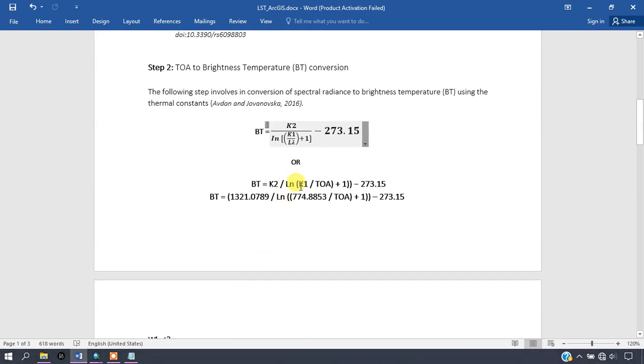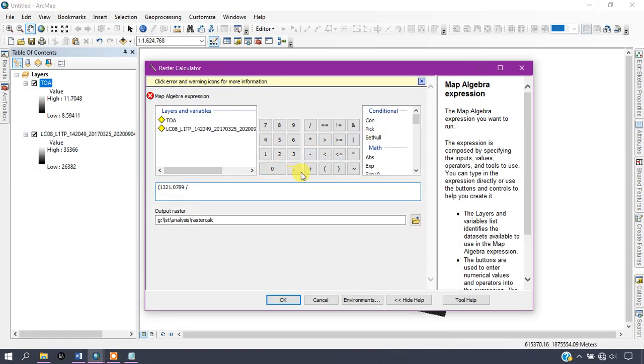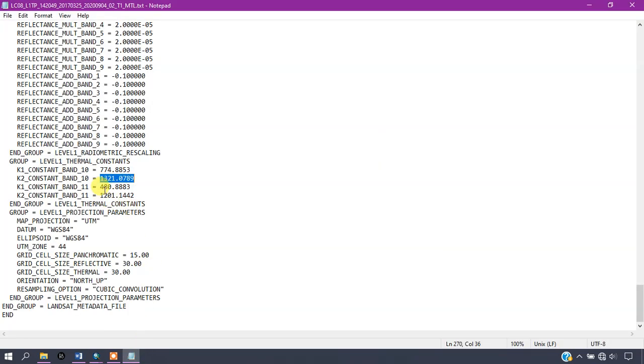You can see here, now we have to use the log function, and we have to use K1 and divide it by TOA. So just scroll, you can find the log function here, and after that we have to find the K1 value. For finding the K1 value, you can see here K1 constant band 10.